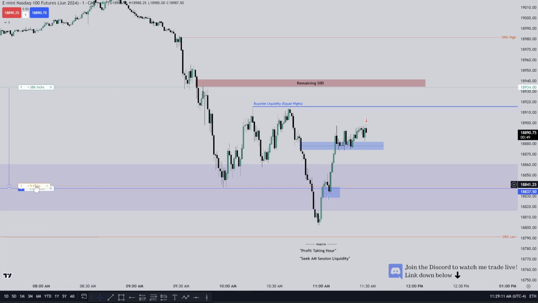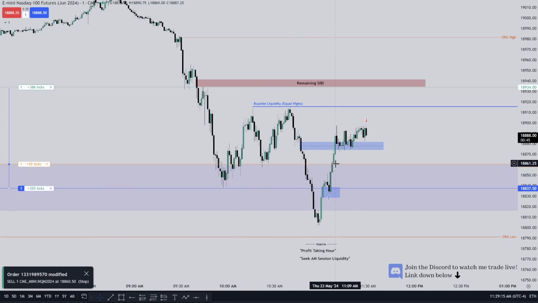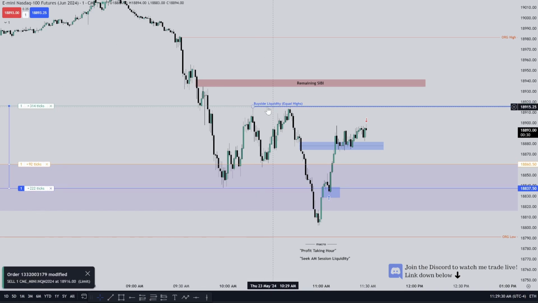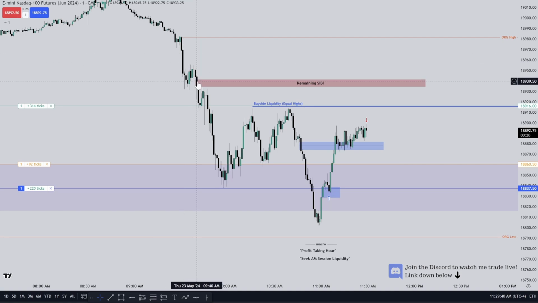And since I took a partial, my stop loss is moved, like I said, below this fair value gap here, and I'll be adjusting my last contract on for the equal highs and accepting the fact that I may not be a part of this move if it continues to rally higher into this fair value gap, or this fair value gap here.